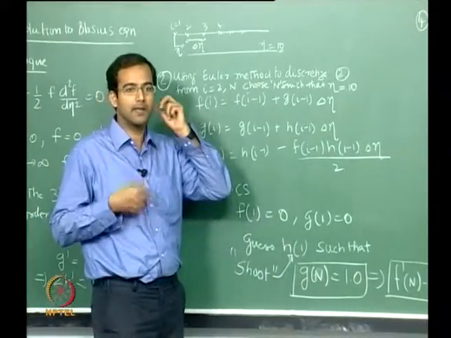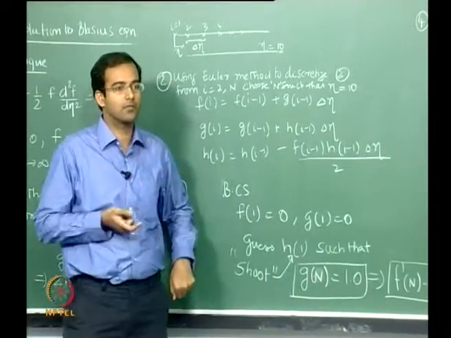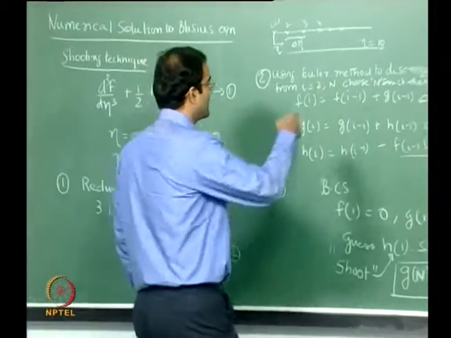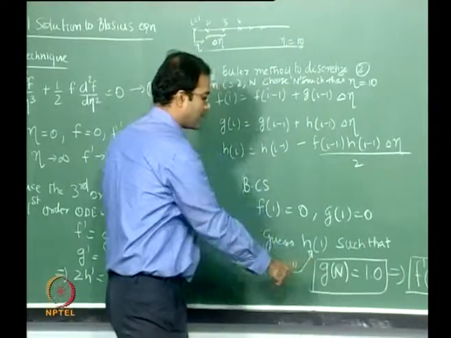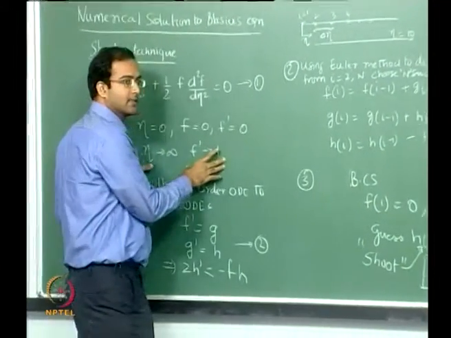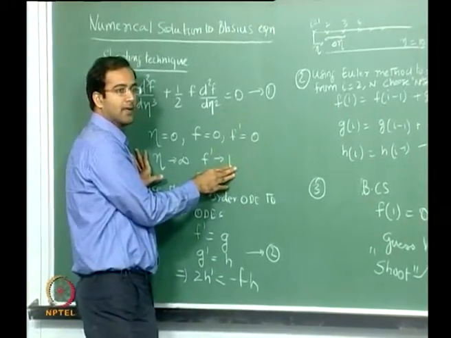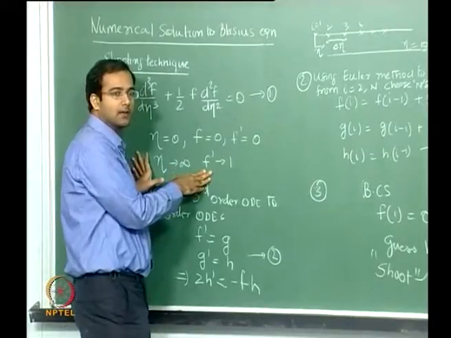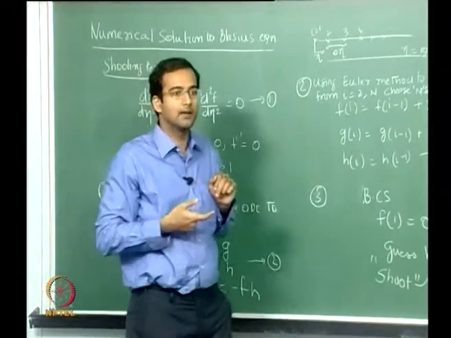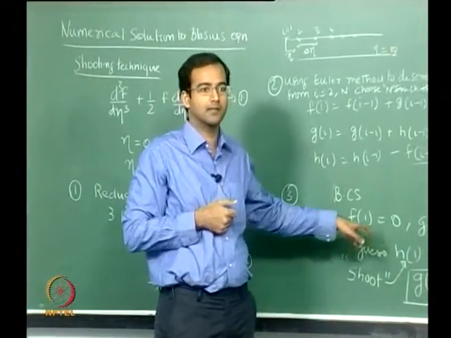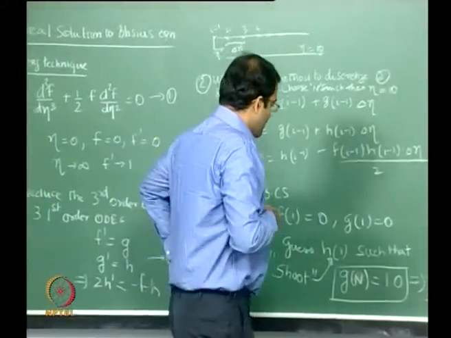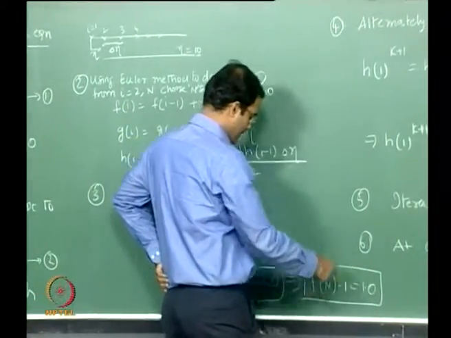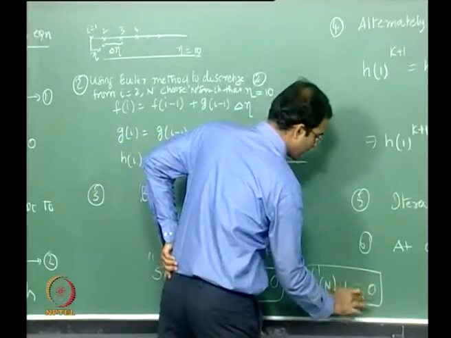So you just do it by guesswork. You keep shooting values of h1 and make sure that when you get the solution finally at the nth point, the other boundary condition, the third boundary condition, is automatically satisfied. If your guess for h is correct, then this should satisfy this particular boundary condition. If not, you have to keep on doing this again and again till you land up with the correct value of h which satisfies that boundary condition. Okay, so g of n equal to 1 really means f prime of n minus 1 should be equal to 0.